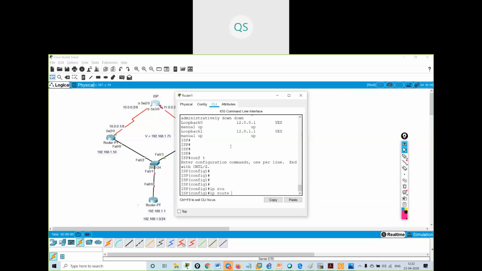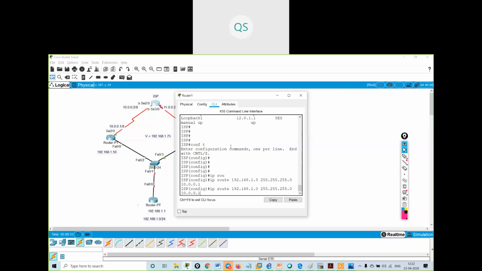For the 192.168.1.0 network, whatever traffic is coming from there, you have to send it to 10.0.0.1.